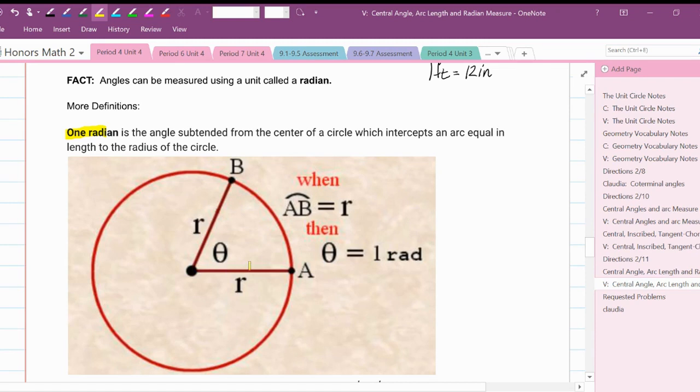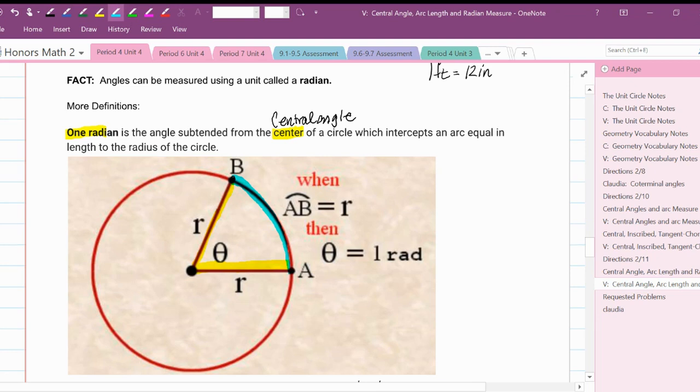Okay, so we're measuring this angle, and it is a central angle. And what happens here is the intercepted arc has the same length as the radius. So when I take this arc BA